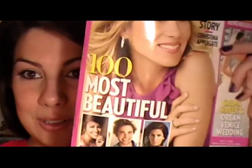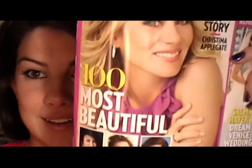I'm launching a new series from the 100 Most Beautiful People edition of People magazine. This came out recently. It's got Christina Applegate on the cover, and I was looking through it last night and there are so many awesome looks in there, makeup looks that really inspired me, so I thought maybe I'll pick some of those and make a little series out of it for those of you who really like the celebrity